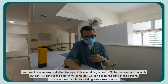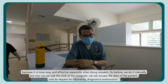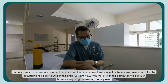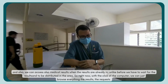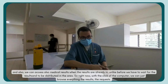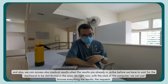So before we did it manually, but now we can use a click of the computer. We can access data of the patient. We can do a request for laboratory and other diagnostic examinations, and also we can access laboratory results when the results are already in. Unlike before, we had to wait for the results to be distributed to the area. So right now, with just a click of the computer, we can browse everything, the results,